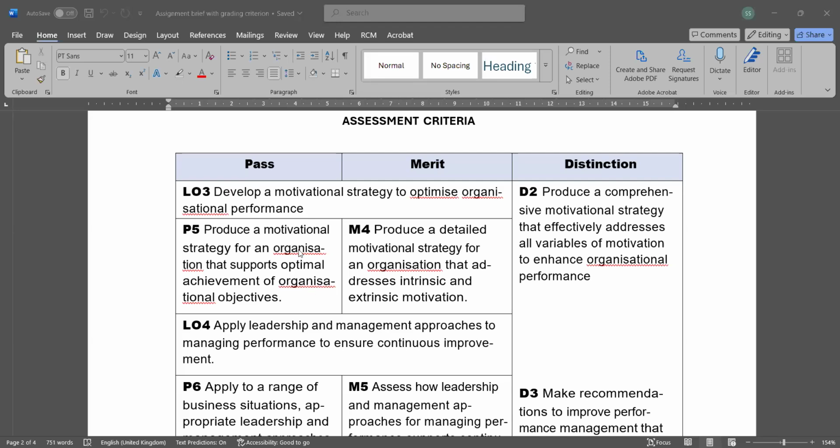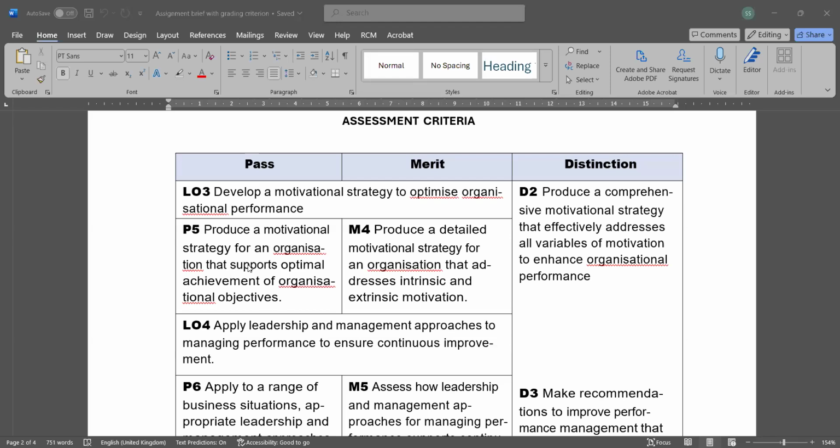You design the strategy and tell how it is going to be helpful to achieve the organizational objective, then it will be sufficient for P5.